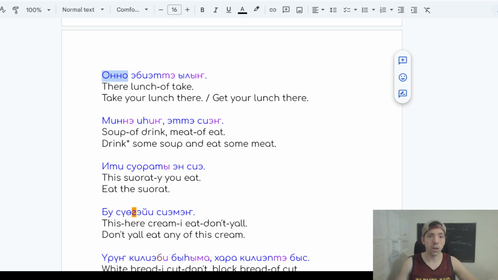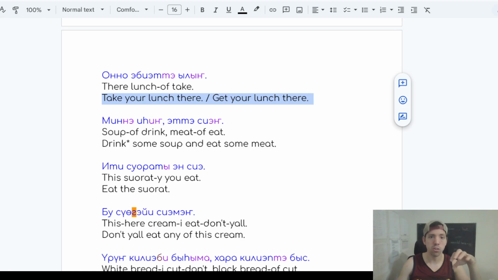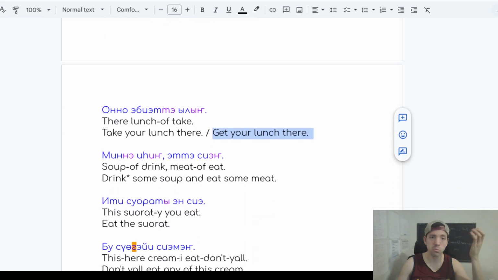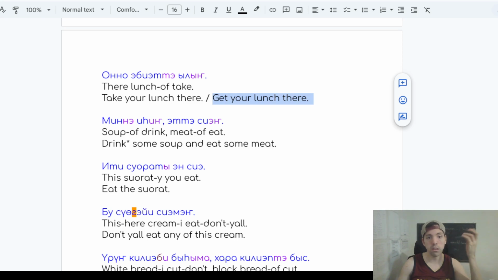All right. Anna ebiete alun. Take your lunch there. In a previous lesson, we had sentences where it was like they got their lunch. They were at the school cafeteria and they got their lunch, and it used the verb ol. So from what I understand, the mama is telling them to get their lunch at the cafeteria. But again, there's no real context. These are kind of just random sentences. So she could be telling them to take their lunch to the dining room. So unless I'm missing something, again,